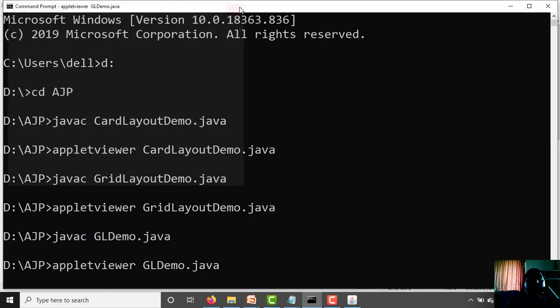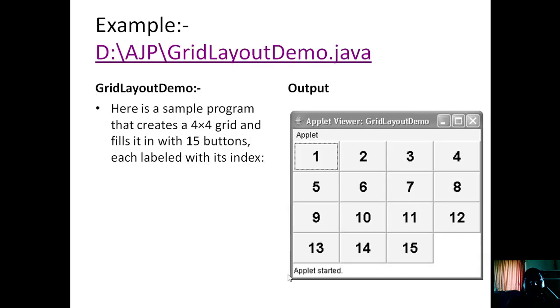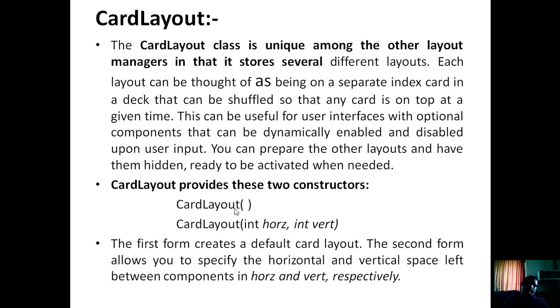Got this? Okay, next point, card layout. The card layout class is unique among the other layout managers in that it stores several different layouts. Everyone has played a playing cards game.